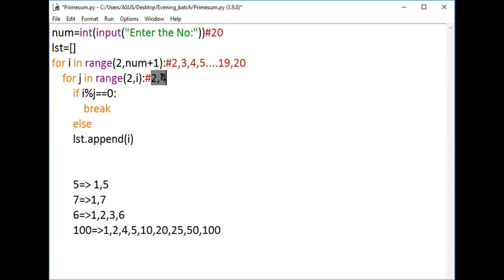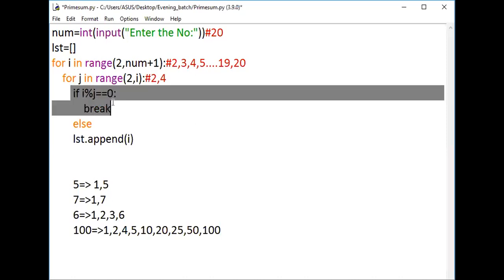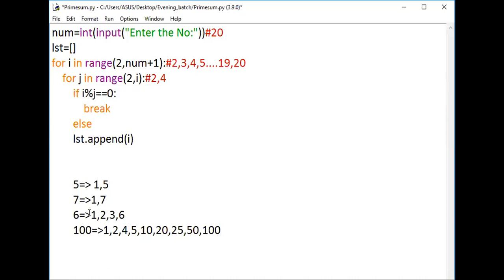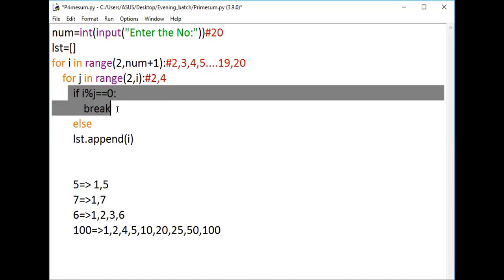So here, prime numbers will not be divisible within this condition. The reason is that a number which is not prime will have factors in between. You can notice this is not a prime number, as it has factors in between like 2 and 3. The same way, this is also not a prime number, which has some factor in between. We are using this rule only: a number which has factors apart from 1 and the given number is a non-prime number. We are using this logic only here.